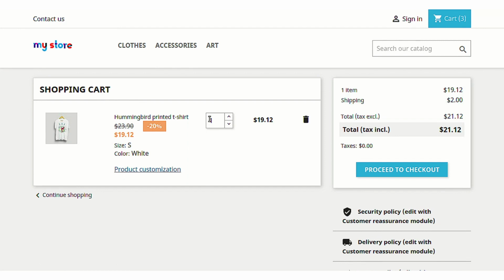So in this way your customers can easily use this method where they will no longer need to click on the save customization button first in order to add the product into the cart along with the customization, because earlier without the use of this module they needed to save the customization first. So this was all about the PrestaShop add product with customization directly into cart module. I hope this video helps you to configure and use the module in the best possible way. Thank you.